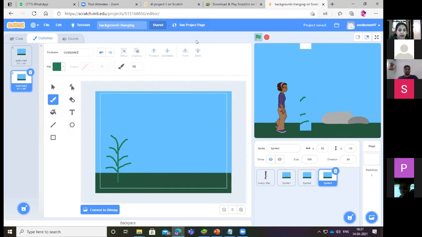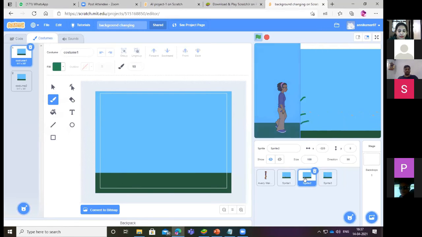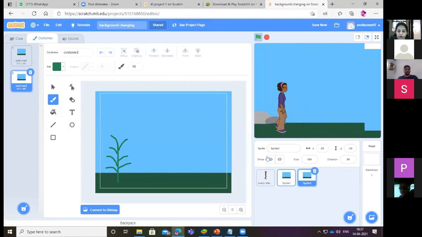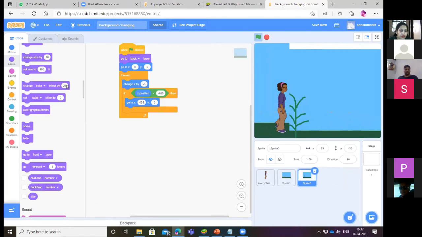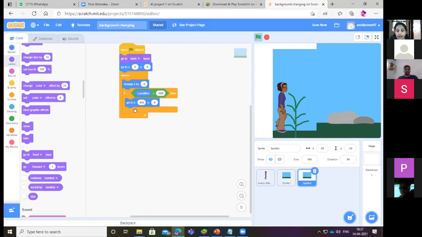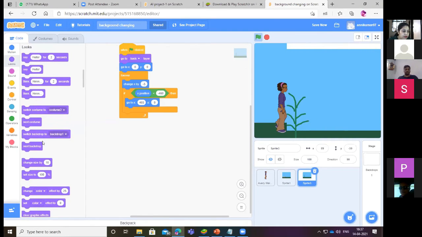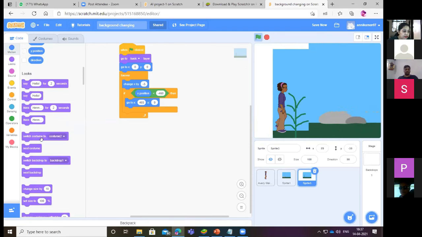Okay. Now I am going to delete this sprite 2. I have this sprite 3. If you see the coding here, I am going to add next costume. Next costume always comes in the Looks category.